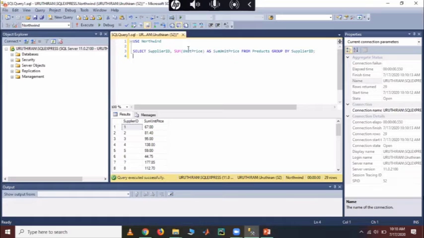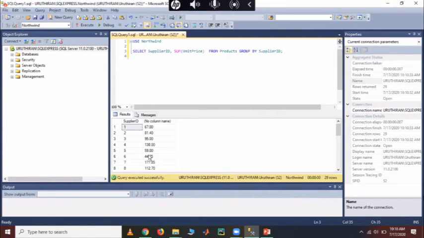Okay, without the as keyword, there is no column name, but it displays the same thing. But if you get this report, someone didn't know what this column is.